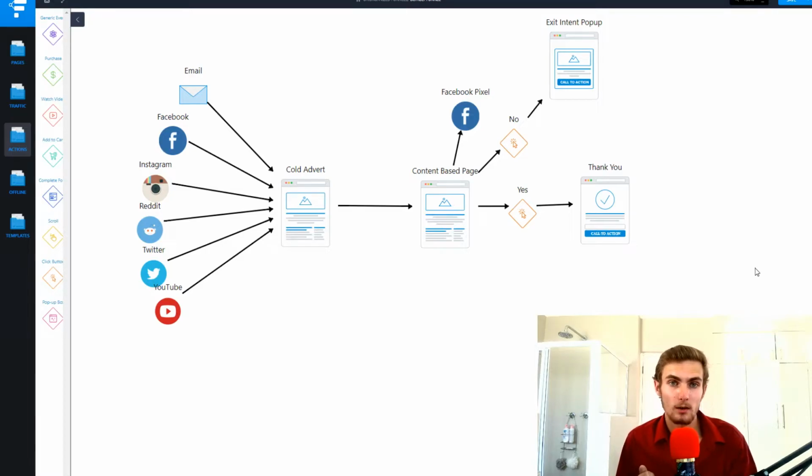Either your sales or your traffic will say no, or they will say yes. And if they do say yes, what you want to do is send them to a thank you page. And on this thank you page, you want to have an offer. So for example, if you're an attorney and you do consultation, this offer can be something along the lines of a free consultation, which will obviously get people interested. And as I spoke about, there's no risk involved for your customer, which is exactly what they want.